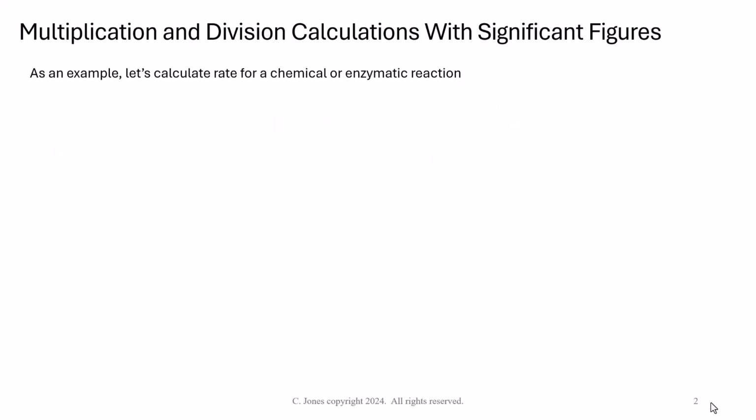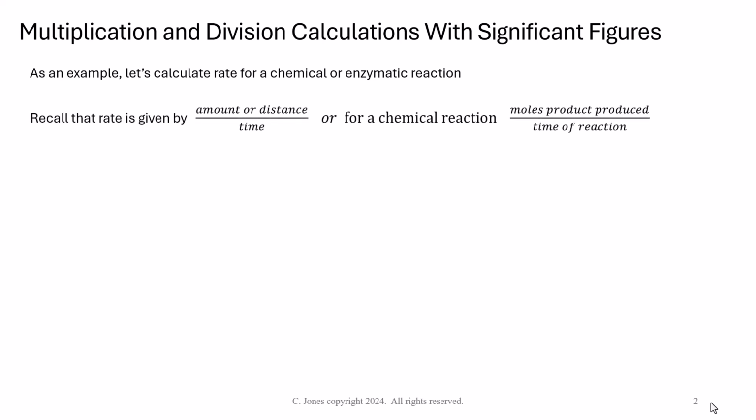So let's calculate the rate for a chemical or an enzymatic reaction. Recall that the rate is given by the amount or distance divided by the time. So for a chemical reaction, this could be the moles of product produced per time of reaction. And there are other ways we could define the rate, right? Moles of substrate consumed and so forth. But for this example, we're going to define our rate of reaction as the moles of product produced per time of reaction. Okay? So suppose we measured that 29.73 moles of product was produced over 15.1 seconds,